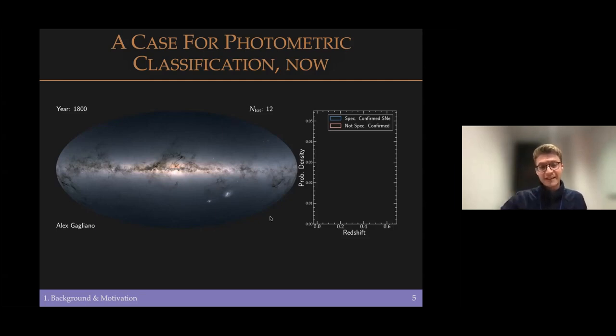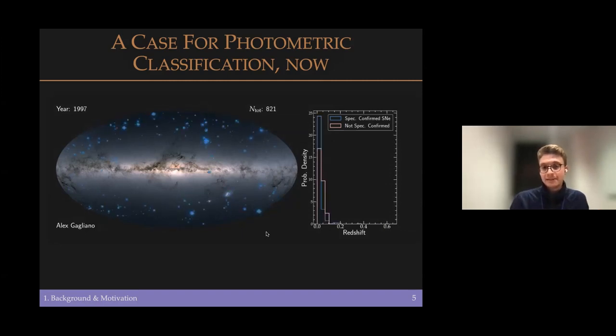So here is a video that hopefully helps illustrate that point. I have a Mollweide projection of the sky on the left, on which I've overlaid different candidate supernovae from 1800 to today that I've colored by whether or not they've been spectroscopically confirmed. This is from data from the Open Supernova Catalog and the Transient Name Server. So I'll play it and then I'll go back and talk about it in a little bit more detail. You can see that most of the events are blue. We've spectroscopically confirmed the majority of them.